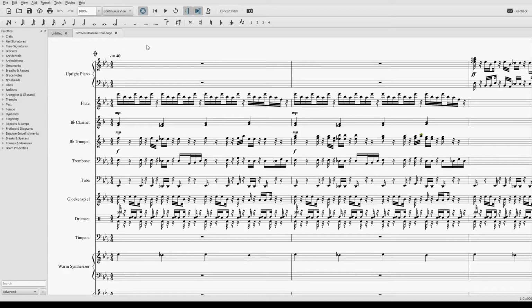But today we're going to feature another one of my songs which I made. This one is called 16 Measure Challenge. Basically, this was a challenge to myself, which I had done a while ago, and it was to cram a musical piece into only 16 measures. There's a bunch of repeats and codas here, so that's what I tried to do. I tried to put everything into just 16 measures, and I actually quite like the result of it. So hopefully y'all will too.